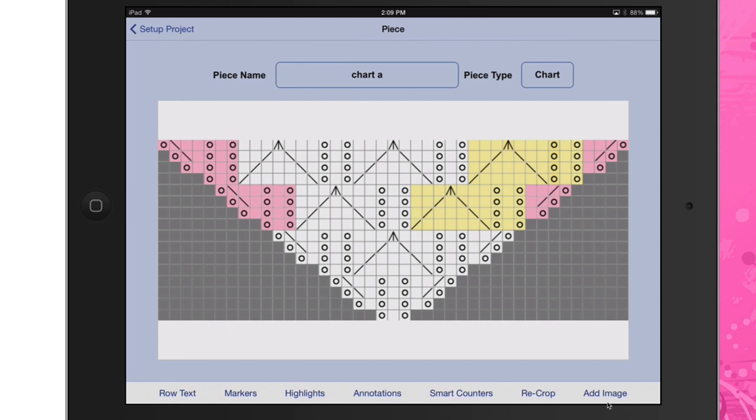So at this point, we're not going to add an image. I'm sorry, we're not going to add an image. We're just going to leave this chart as is. So we are ready to go back to the project page. But before I do that, I do want to talk to you a little bit about these things